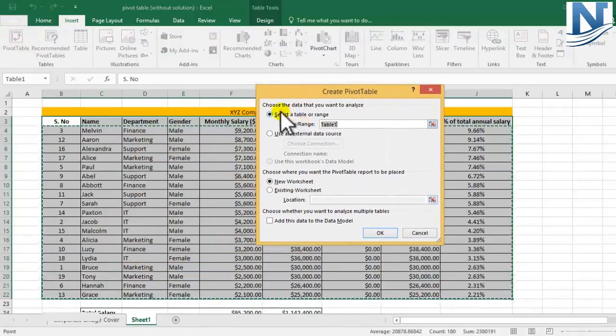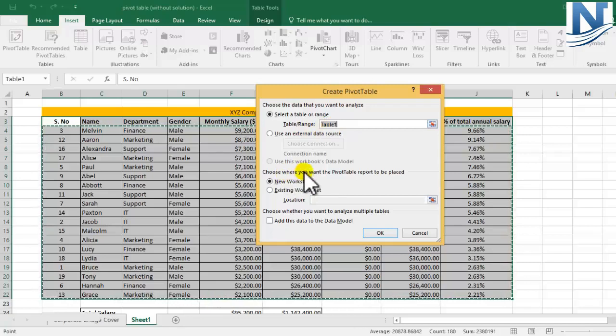First of all, this dialog box has two options wherein you give your data. Either the data is present in your specific sheet only, so you select the table or the range. The range is already selected, so this is for the option wherein you have the data in your same sheet, or you can use some external data source as well. For us there is no need since our data is already selected. We have Table 1 selected.